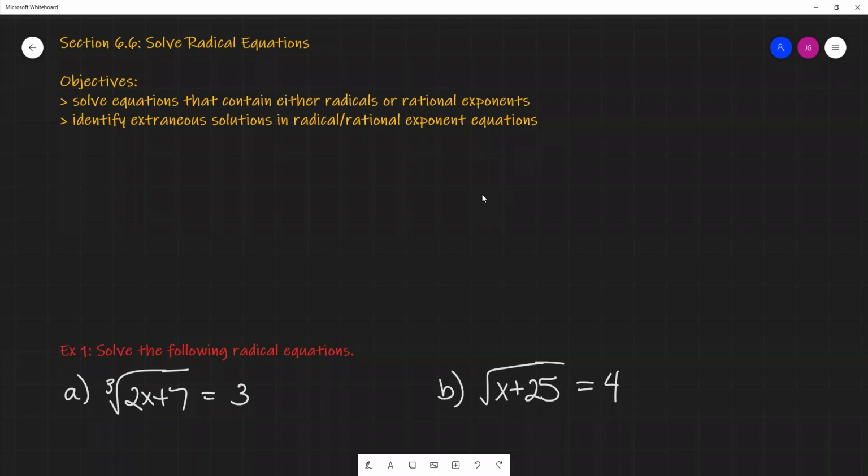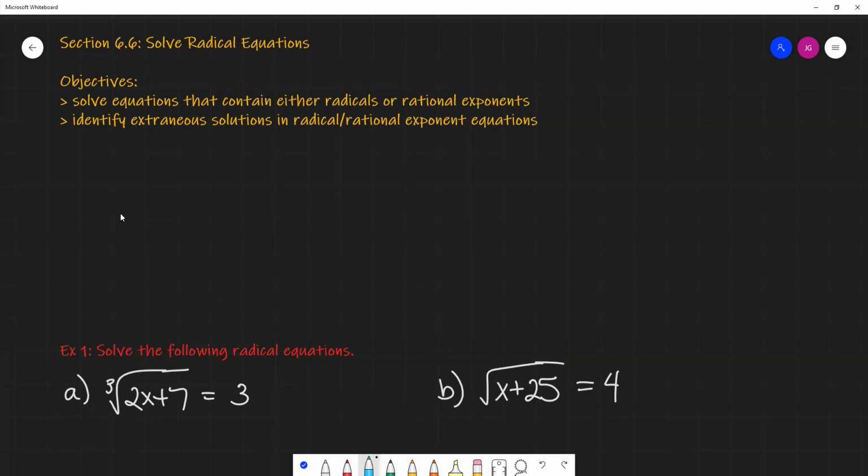Our objectives for this section are to solve equations that either contain radicals or contain rational exponents. And then it's also to identify extraneous solutions in radical or rational exponent equations. So we have this idea of extraneous solutions coming back to us, and we'll see in a little bit why we have those here as well, and not just in